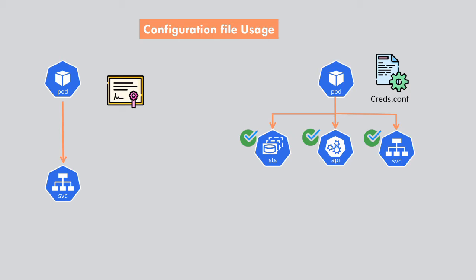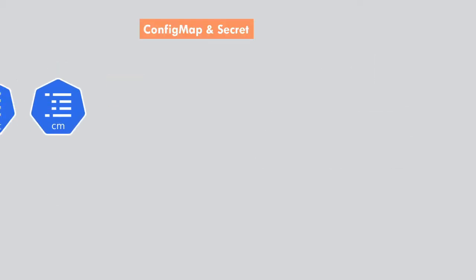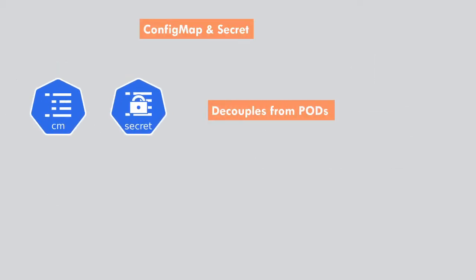Now that we understand an application has its own configurations, in order to make an application portable, you need to separate out config files. Let's understand what config maps and secrets are. Config maps and secrets are Kubernetes objects which allow you to decouple configs from pods, which makes the application portable, easier to manage its configuration, and prevents hard-coded data in the pods.